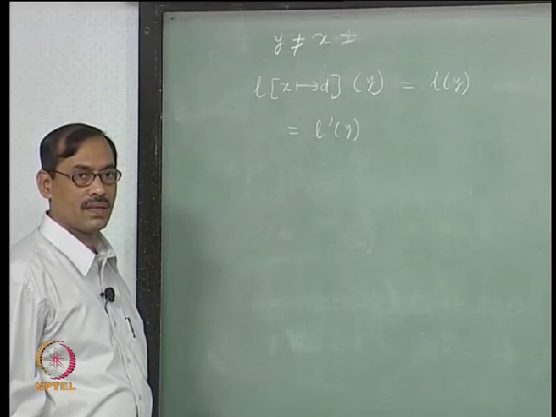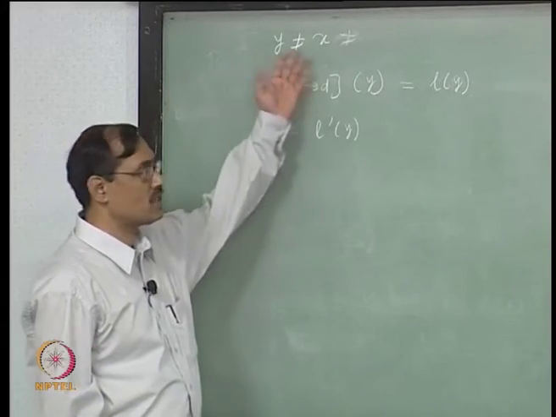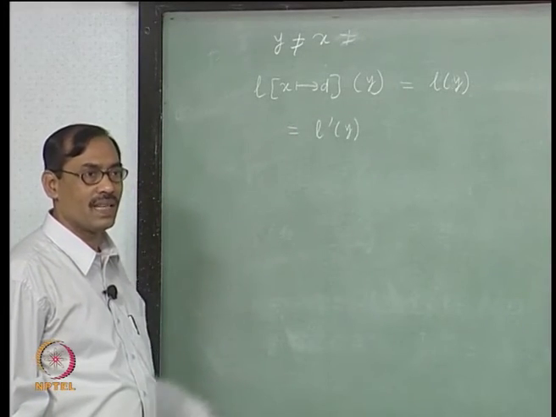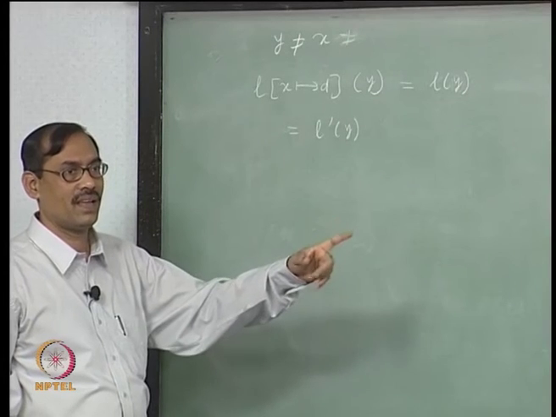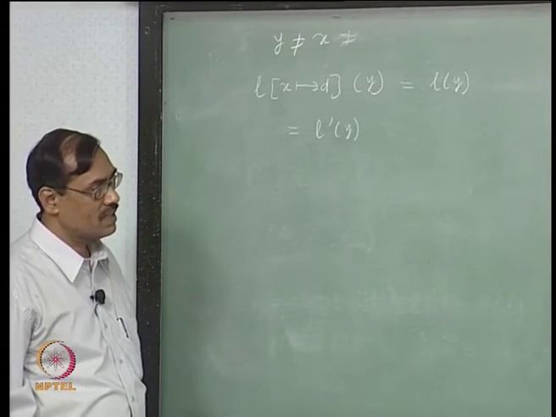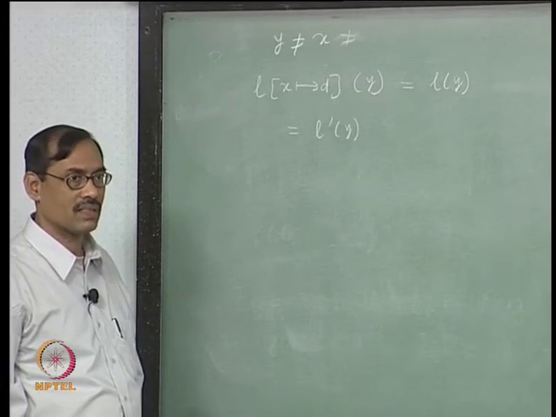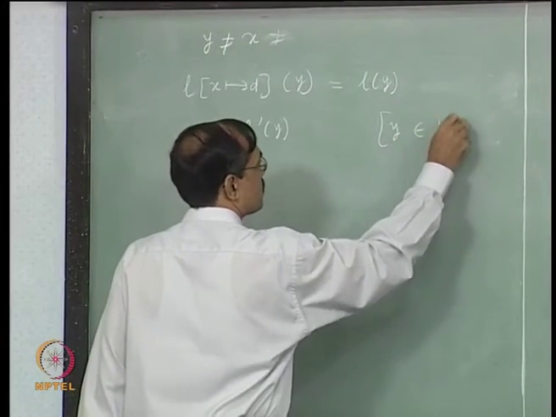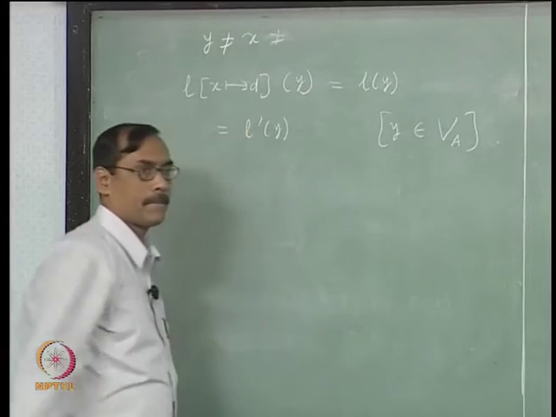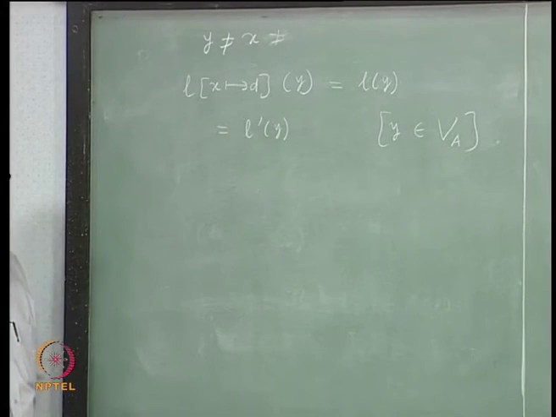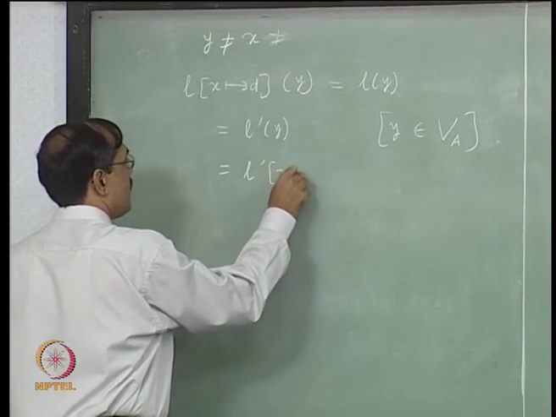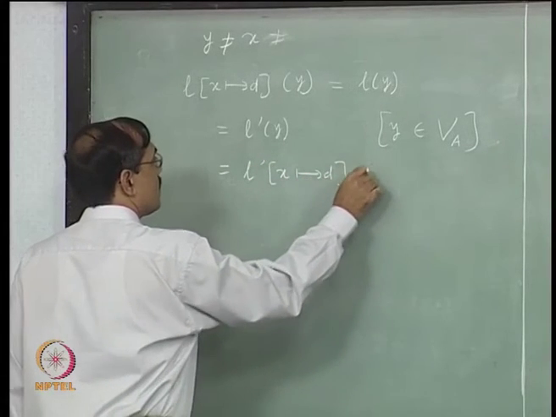Why? Because if y is not equal to x and y belongs to free variables of B, then y belongs to free variables of A, right. V of B is a subset of V of A union x. So, here we give a comment, because y belongs to V A due to this. Then this is equal to L prime of x fixed to d of y,